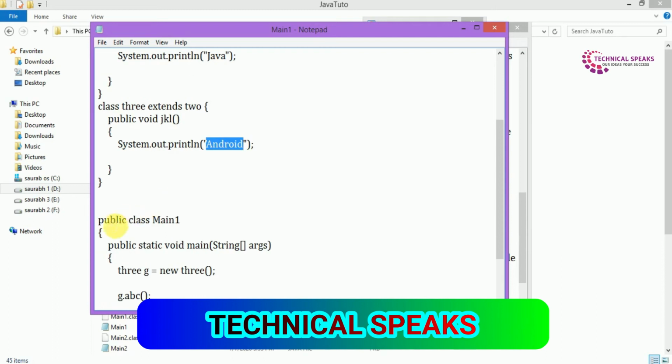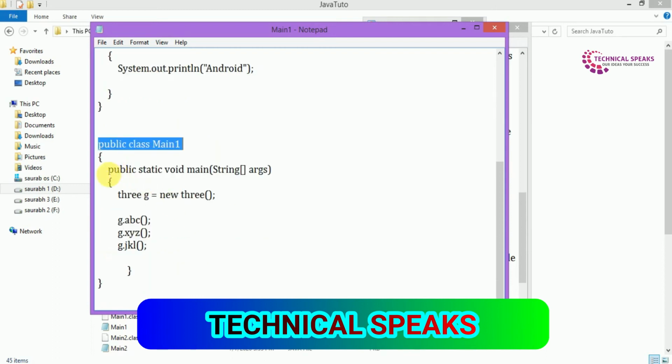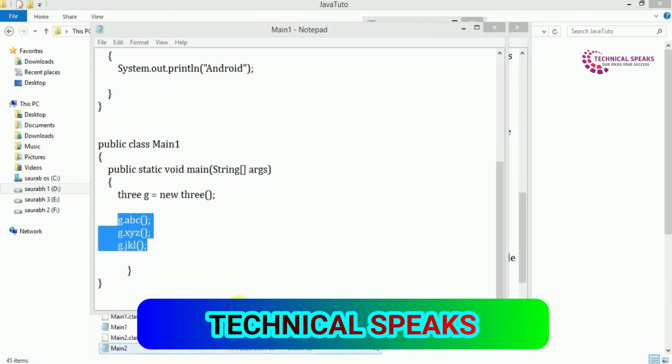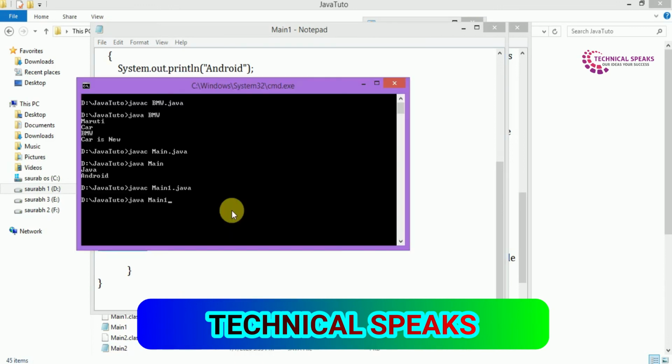Derived class: public class Main, public static void main(String[] args), 3z is equal to new 3. Here we create the object of the child class which is 3. z.abc, z.xyz, z.jkl. So when we run, we would get the output as learn java android.